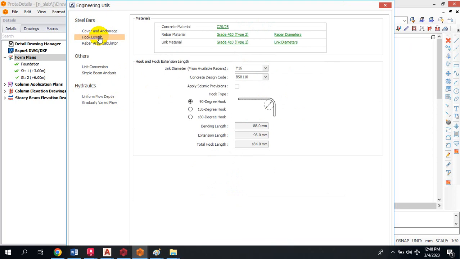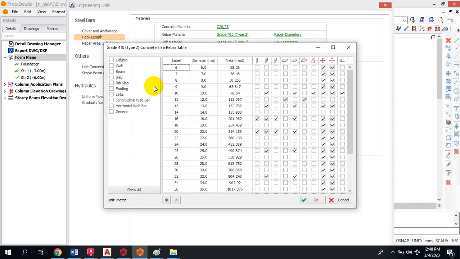Your hook length is similar to that of our cover and anchorage. All you need to do is to select whatever, make sure you set every structural member. Like for the column, you can see here is 16 and 20. I'm not designing any wall, so my beam, you can see, is 16 and 20. My slab, I only selected Y12. My foundation, I selected just Y12, and my links, I selected Y10. Okay, so if that is correct,